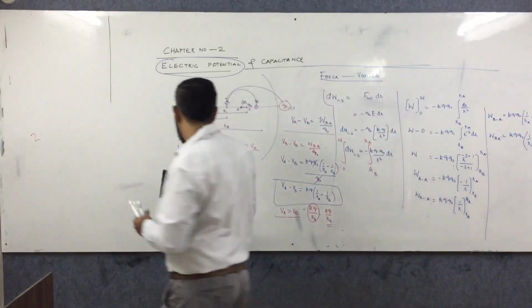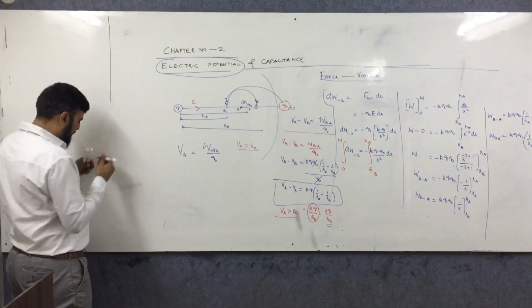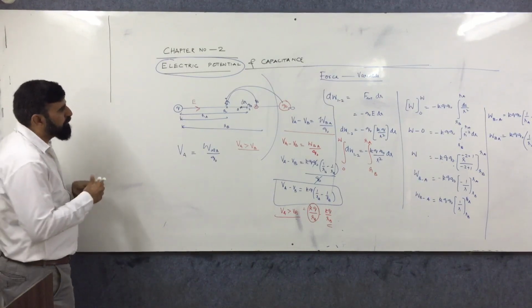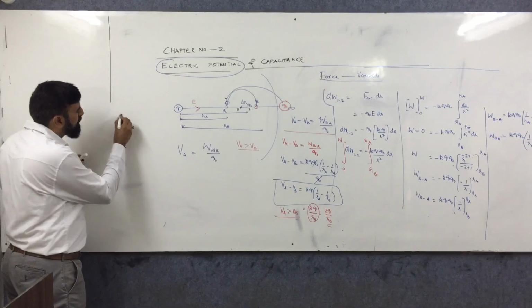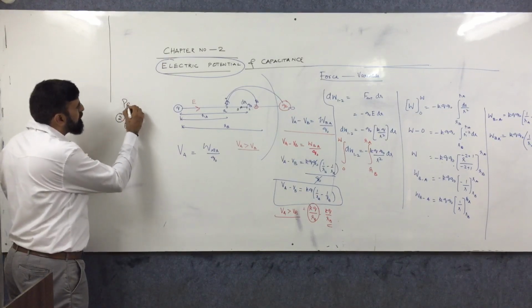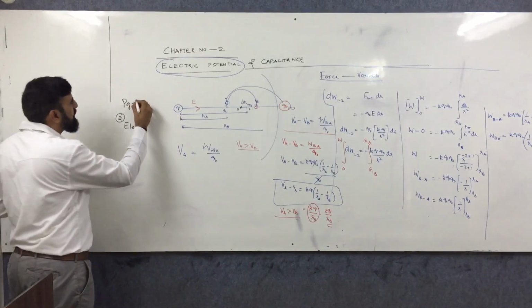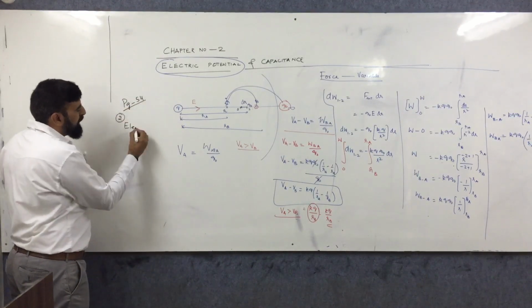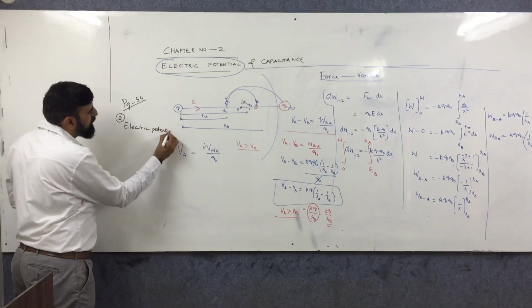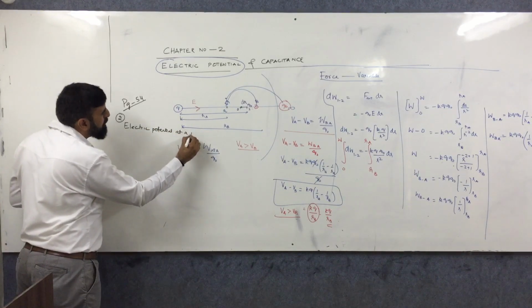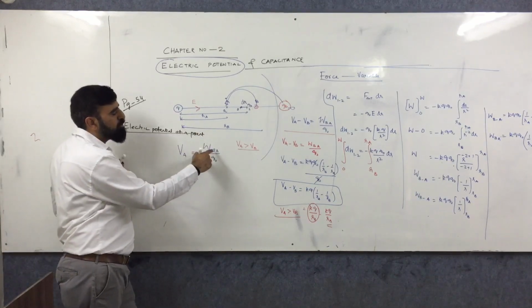So I'll just simply write here. When I try to find out electric potential, this is my second topic, electric potential at a point. Page number, you can note this, page number 54. When I try to find out, I say it is a work done to move from infinity